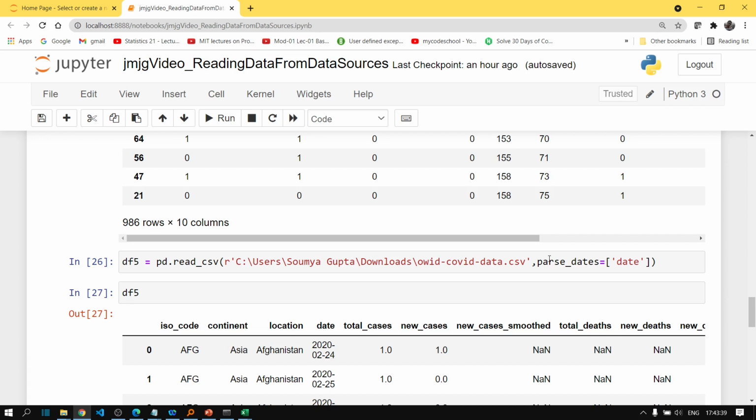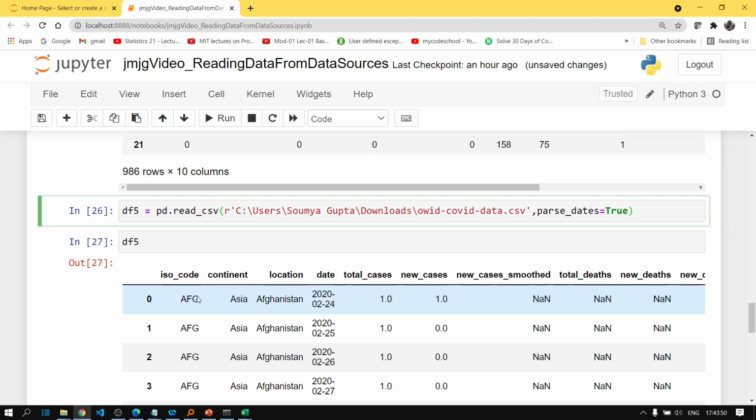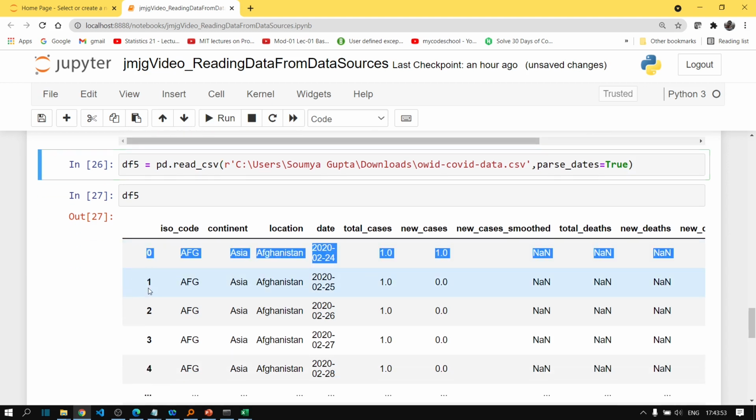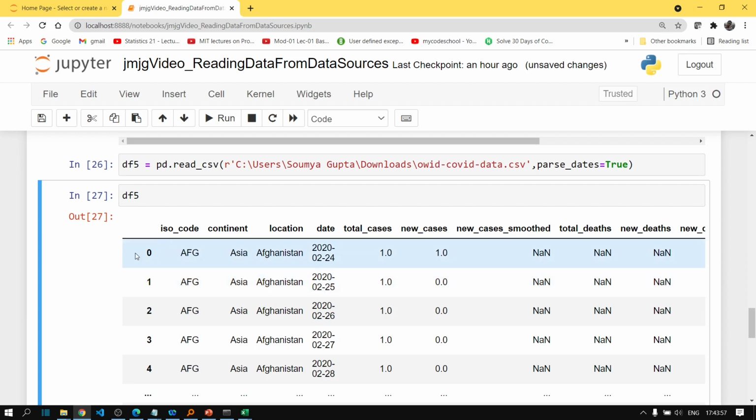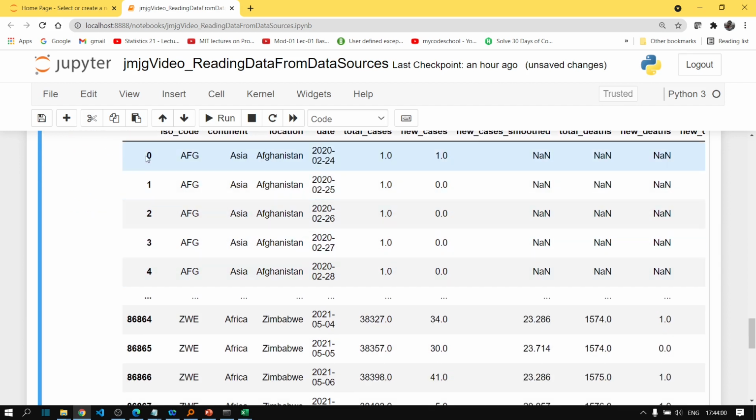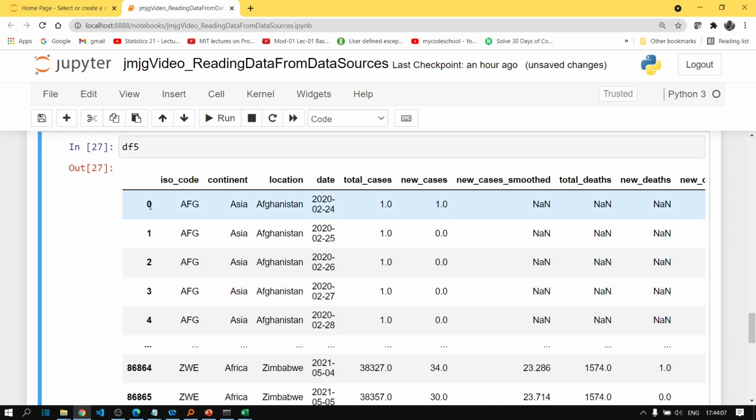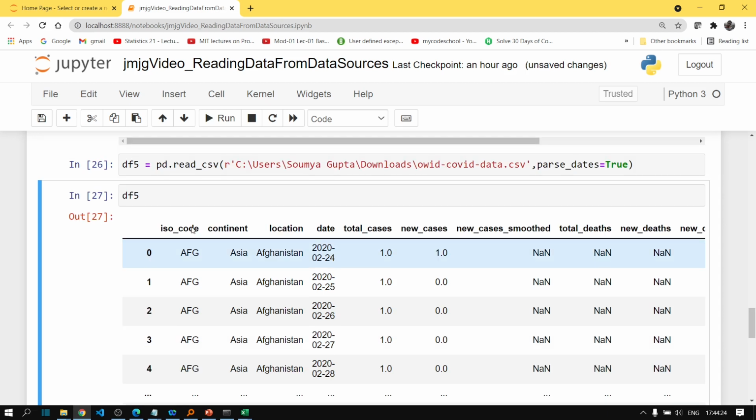So it sometimes becomes necessary to use the parse_dates parameter. Instead of passing a list of columns to the parse_dates parameter, if you just pass True, it will try to parse the index as a timestamp column. But in our case, in this data frame, the index values are simple numbers, so it will not be able to parse the indices of the data frame as timestamps. So this is the utility of the parse_dates parameter. With this, we have discussed the most commonly used parameters in the read_csv function.